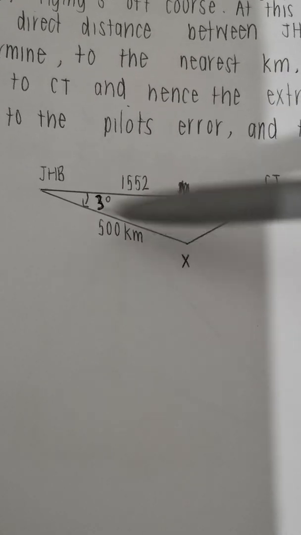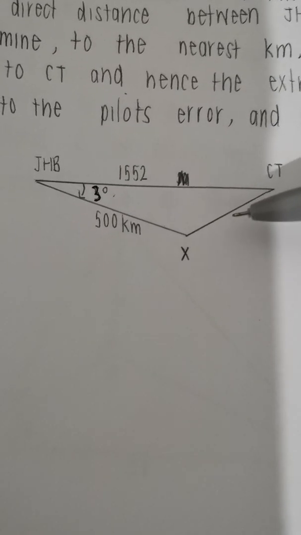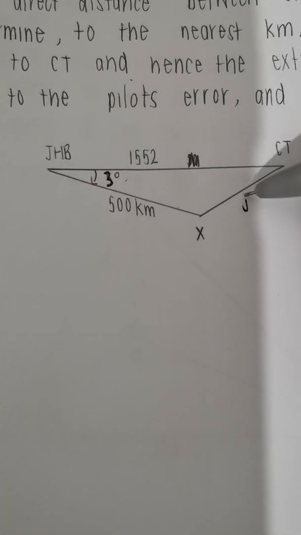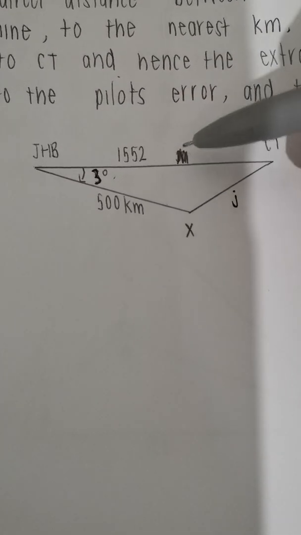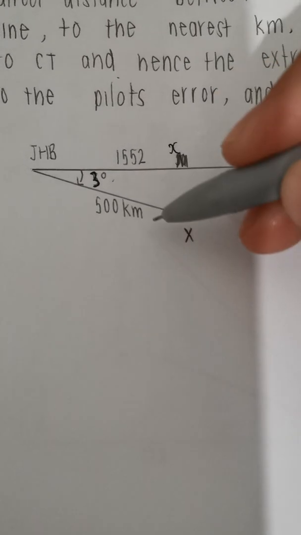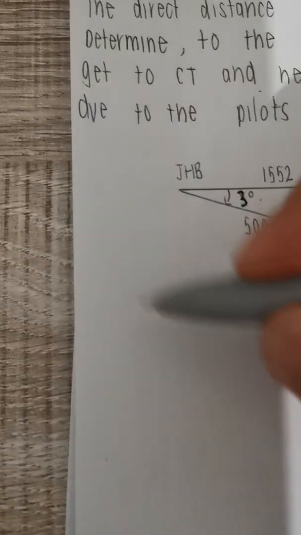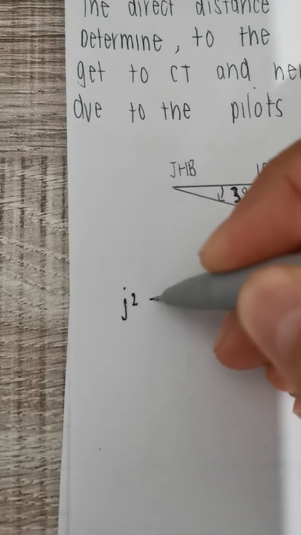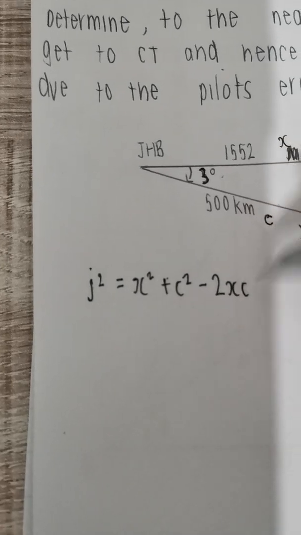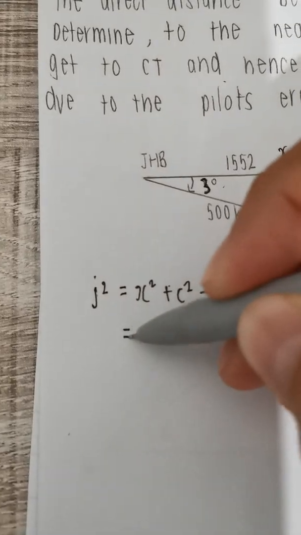How do I know that? Because there's 2 sides and an included angle, and I am expected to find the third side. So I'm going to call the side here J for opposite Johannesburg. The side here is small letter x because it's opposite this x unknown, and the side here I'm going to call it c. So I'm looking for, right on the side, j squared, we know it's equal to x squared plus c squared minus 2xc cos of angle J, which is equal to,